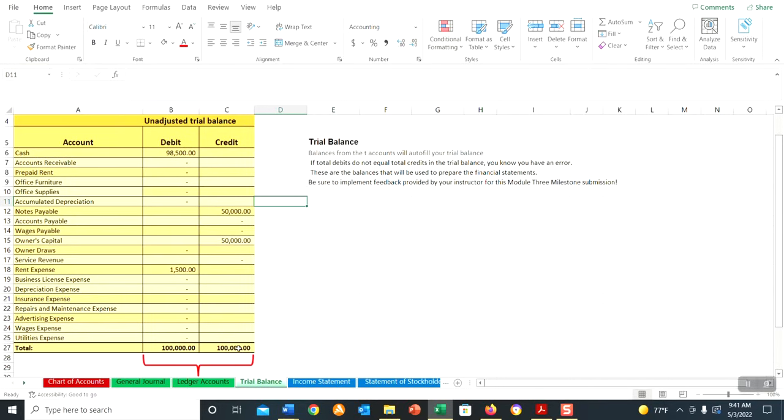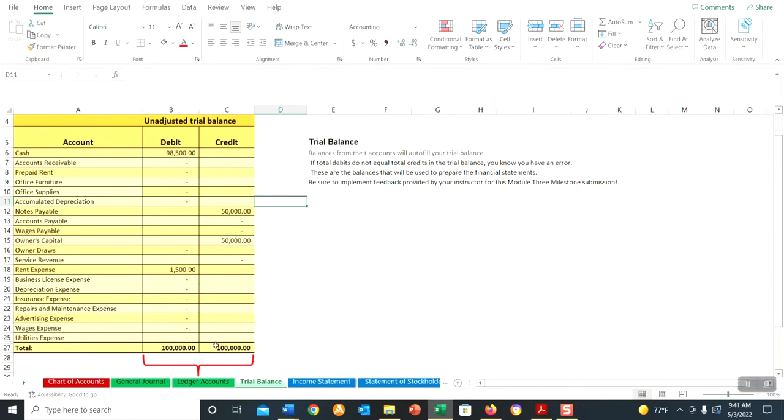This unadjusted trial balance is our first stop check for accuracy as we follow through the accounting cycle. Now, what this can tell us is whether or not we're in balance. So we know if we're out of balance, we definitely have a problem. And as accountants, our goal is to generate accurate and honest financial information, so we don't move forward from this point until we find and fix those errors. It can't tell you, however, if you accidentally recorded to the wrong accounts but still recorded in balance. So that's where you stop with this first submission, in the unadjusted trial balance.